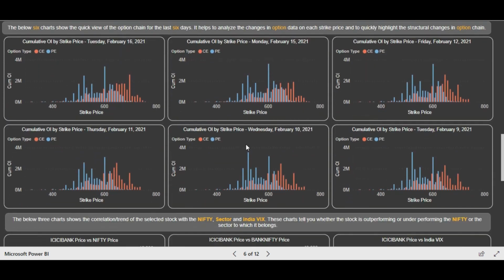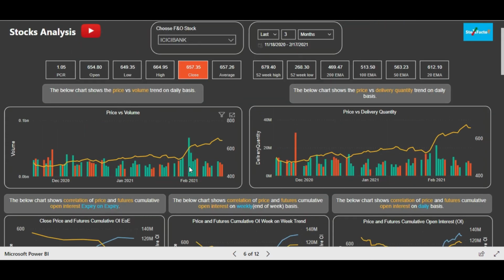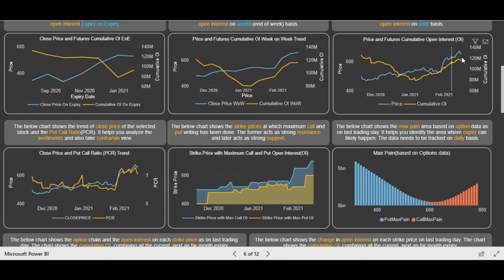So we'll start with the last 6 days data, and we'll build a picture out of that. So you see the option OI data at different strike prices. So you already see that the put writing is maximum because ICICI Bank was rallying. If you just see the graph of ICICI Bank, you see that from this date, that is 28th of January, the stock has been rallying. So let's see what was happening from this day, February 9, and you can see that in these days we also saw the stock was rallying, and the futures OI data was also increasing.